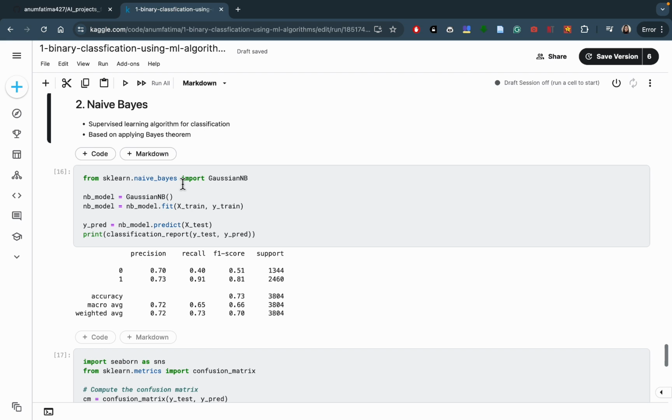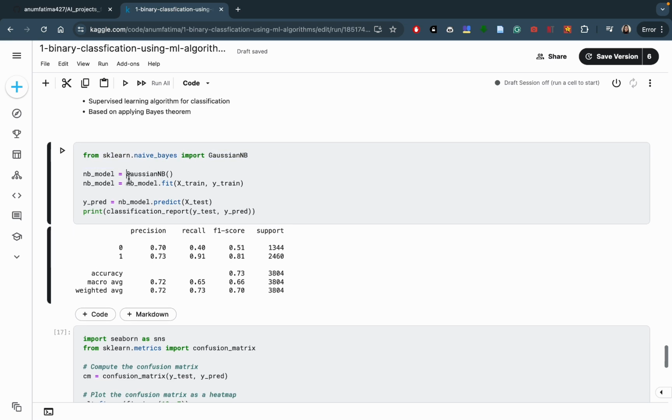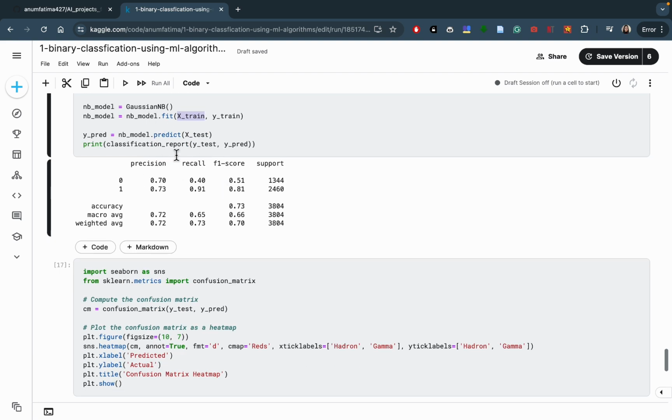Now, the next thing is the naive Bayes algorithm. The naive Bayes algorithm is pretty straightforward to apply. First thing is to read from the sklearn.naive_bayes, we import the GaussianNB. Then we have defined a variable in which we have called this function, and then we simply apply this model by using this fit function, which takes in the x train and y train, where x train is the features and y train is the labels. Now the model is implemented, and the next thing is to calculate the prediction. We can predict using the model by using this dot predict function, and we have used this x test data set